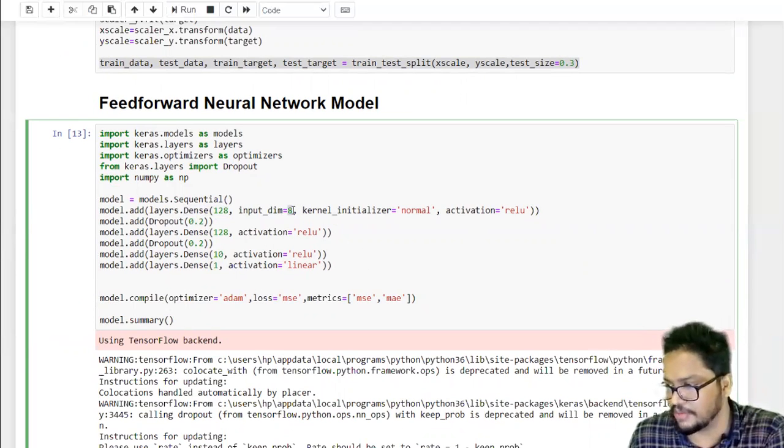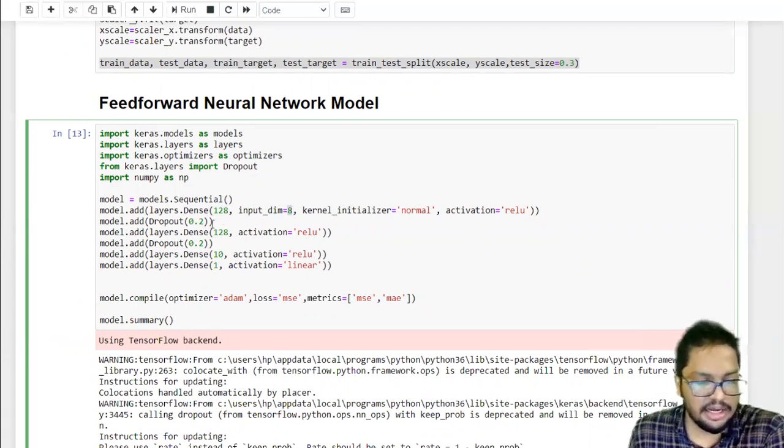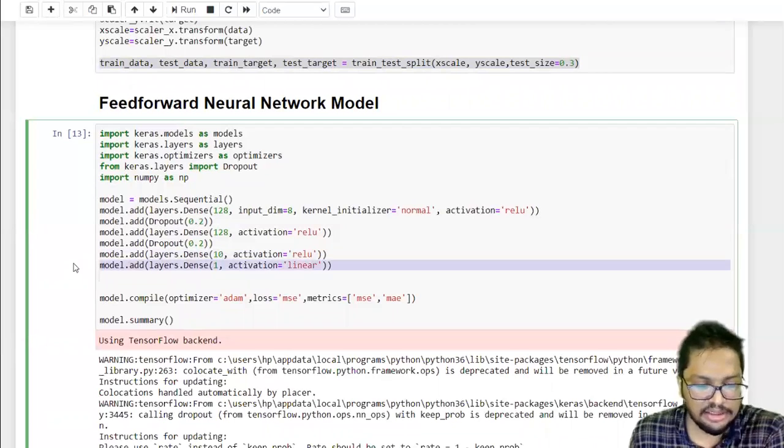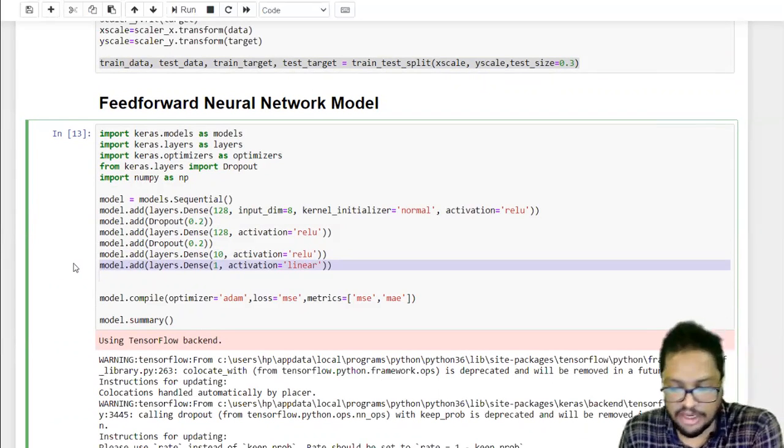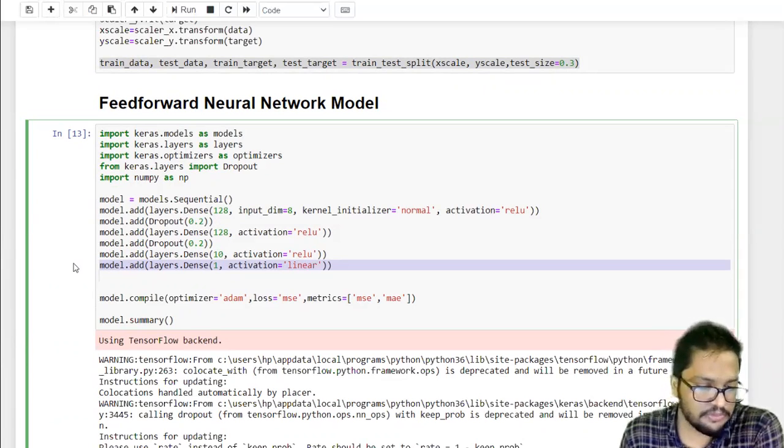Another 8 neurons with the ReLU activation, and we have used dropout layers to minimize overfitting, and finally 10 neurons, and finally we have the last layer with one neuron, which gives the risk level, right? Which gives the risk level, and the model.compile basically